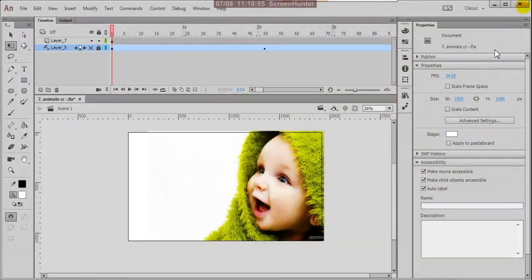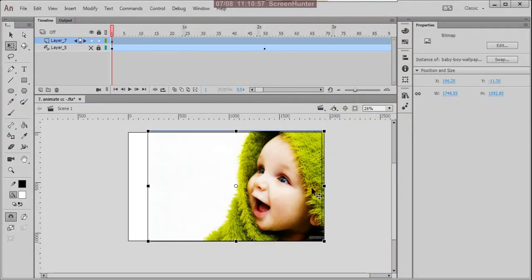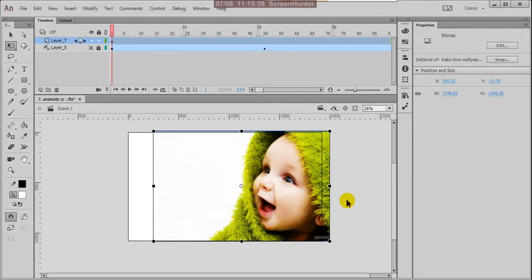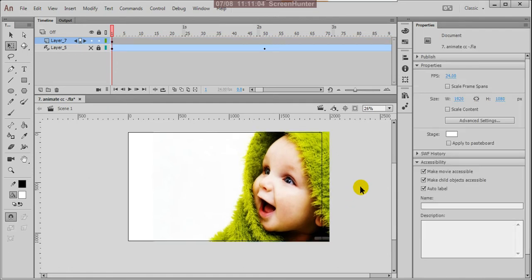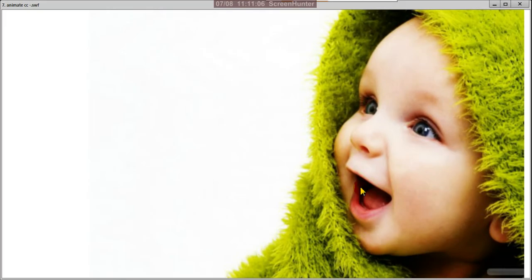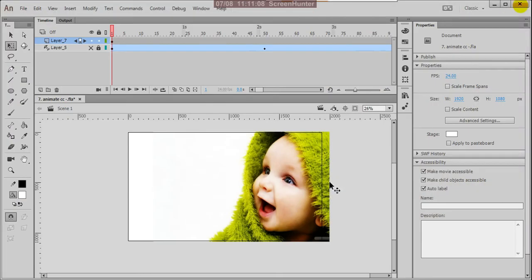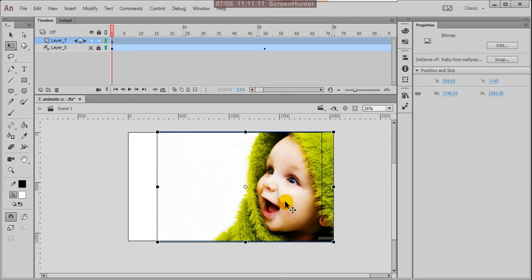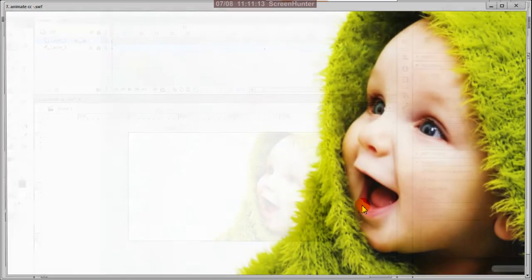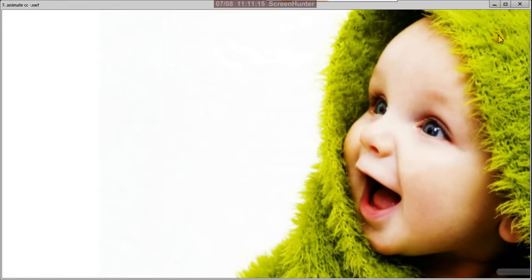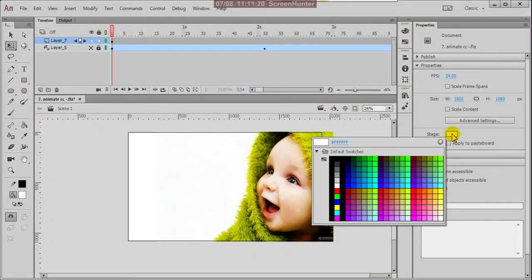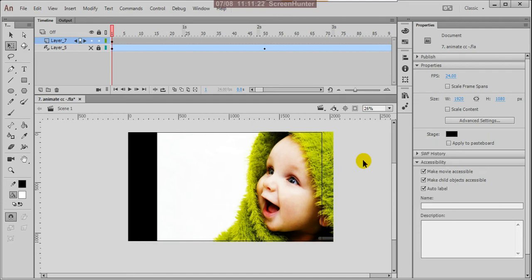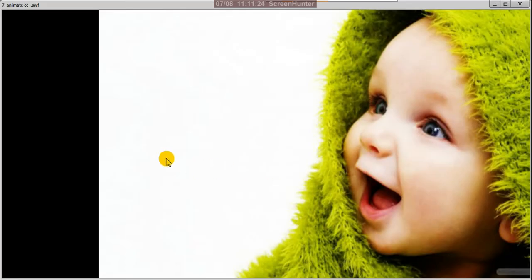Yes, so I want to move this a bit right. Now I'll check what will happen. Yeah, still it is there, so I want to cover this. Yes, then control enter. Yes, this is good, but if I give any black color, so control enter, yeah.